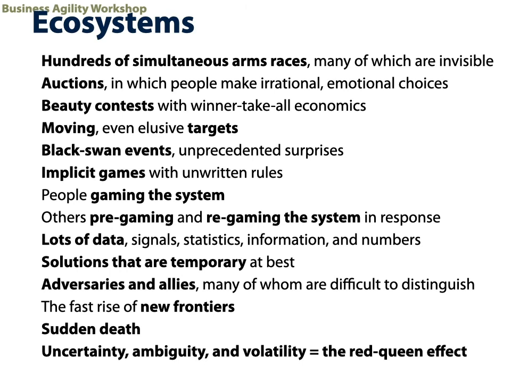There's tons and tons of data, which means there's lots of noise. There's mostly noise. So we say that for every PhD, there's an equal but opposite PhD. And we know, actually, through very good research by John Ioannidis, that the vast majority of all published peer-reviewed papers are just wrong. So no shortage of data, that doesn't really mean much. Solutions that are temporary and can easily be eclipsed by new ones, as we go to the next generation. And then we have adversaries and allies, some of whom are exactly the same people or change and become the same people,